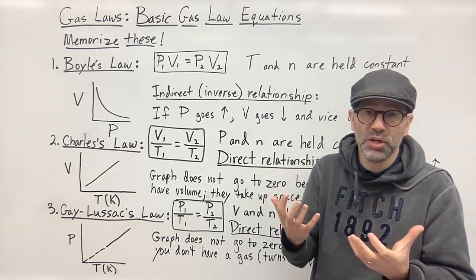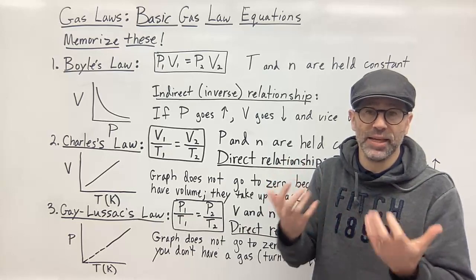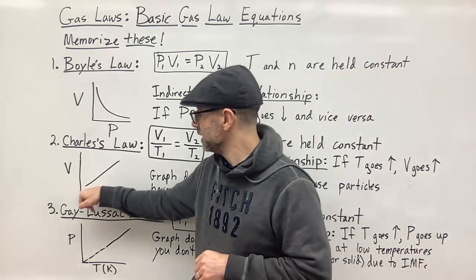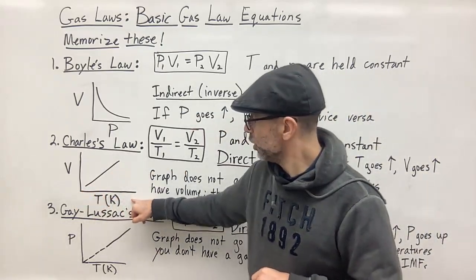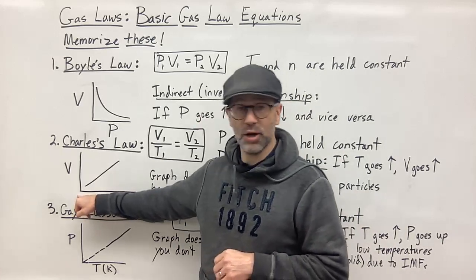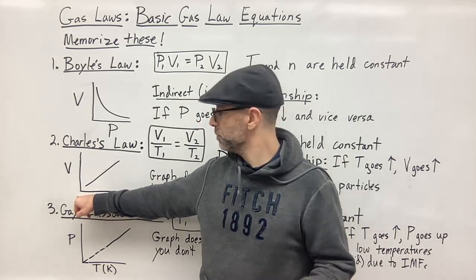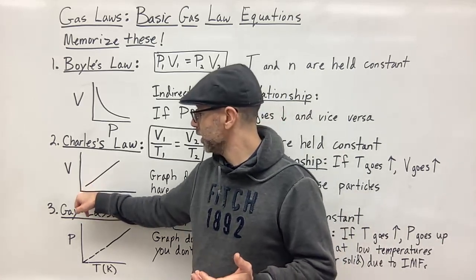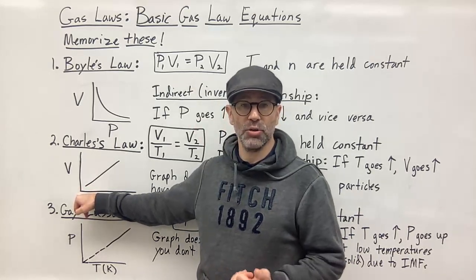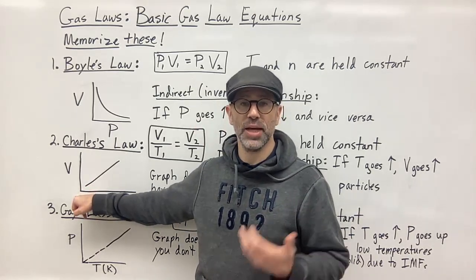So there's always going to be a volume taken up by the gas. So you can't get to zero volume. You could go all the way to Kelvin, absolute zero, right? But that wouldn't take you to a zero volume because you're always going to have volume taken up by the